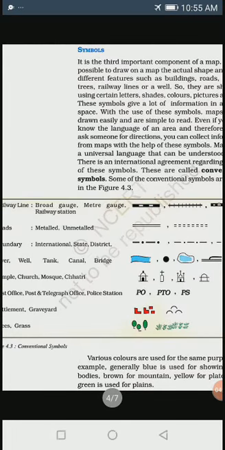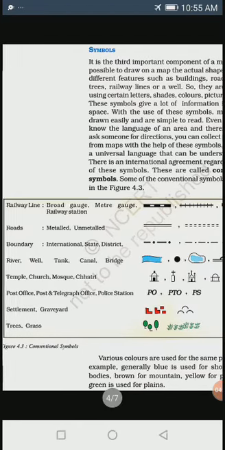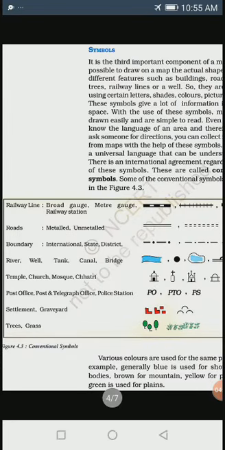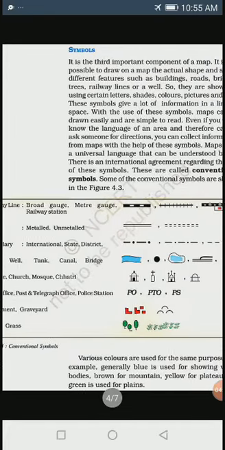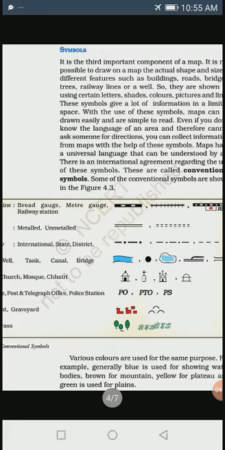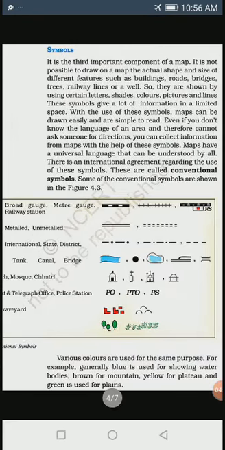See, let's see that one symbol table is there. So let's see railway line. If you have to draw a railway line on the map, we can use these symbols. See, broad gauge, meter gauge, and railway station. On your screen you can see the first one. If we want to draw railway lines on the map, at that time we can use this symbol. See, the first one is dark, that is a broad gauge. Then the second one is a line with standing lines. Then the third one is a railway station.